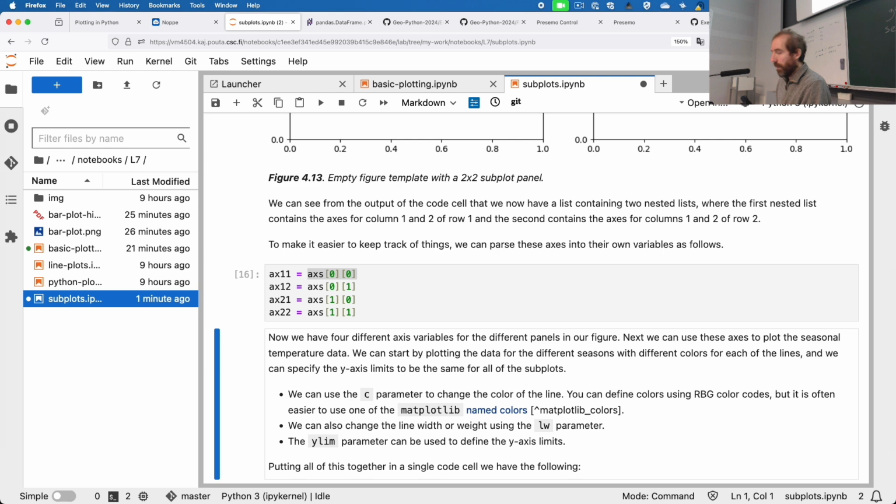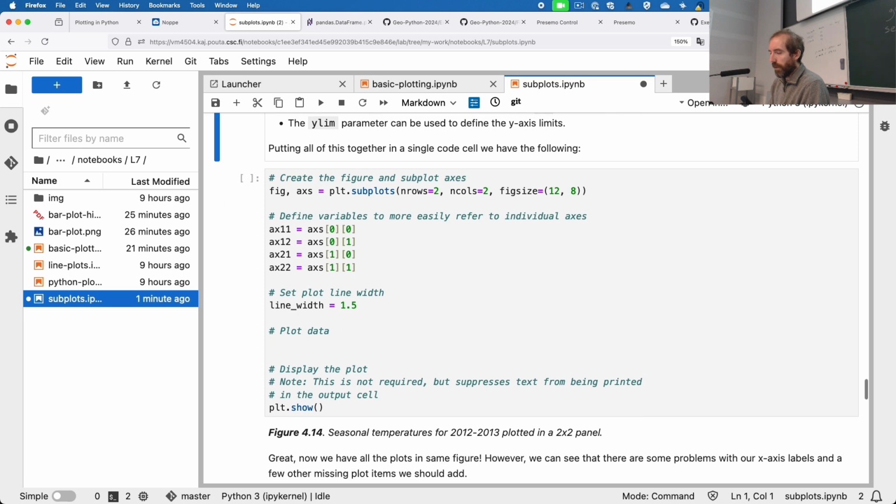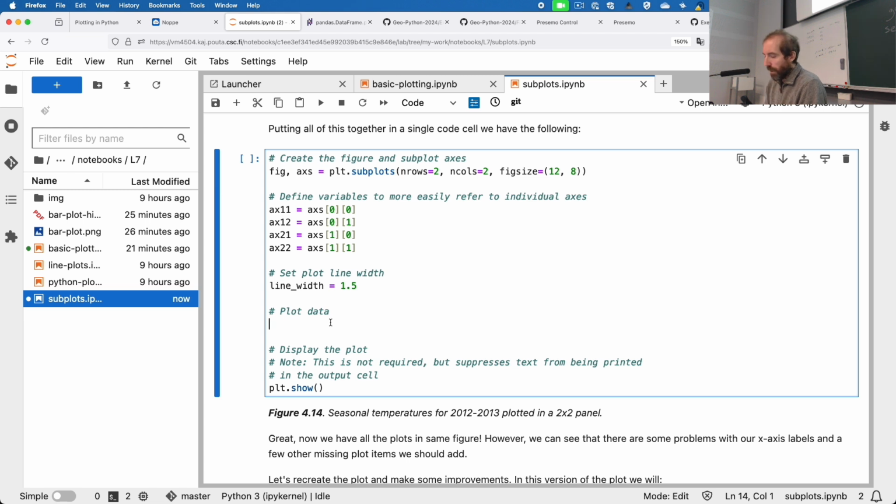So we run that, we just rename the ways in which we can reference our plots. And then we have some things here that are already filled in for us, like creating our set of plots, redefining the references to them, setting a line width to be a little bit wider than the default, which I think is 1.0. And then if we want to plot our data, we could do something like winter temps